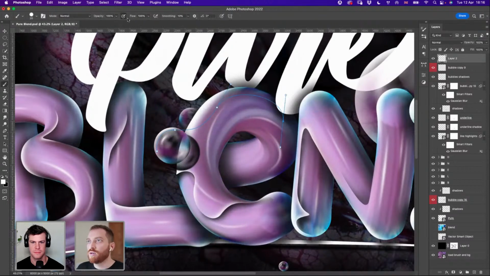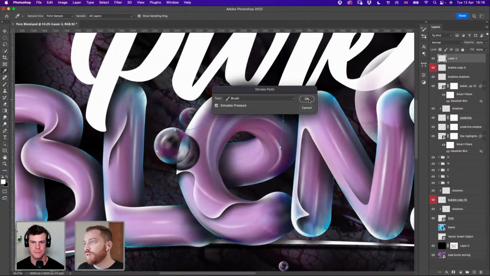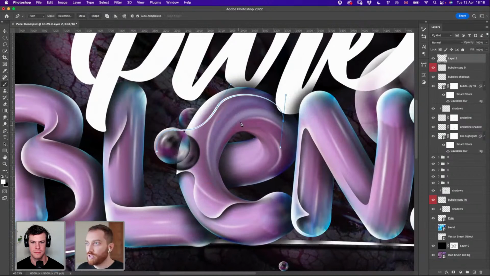Wait, we have to change one more thing. And then, no. For example, here I don't really like the curve. It would be smoother, I think. And also a smaller brush, but okay. Maybe here would be better.